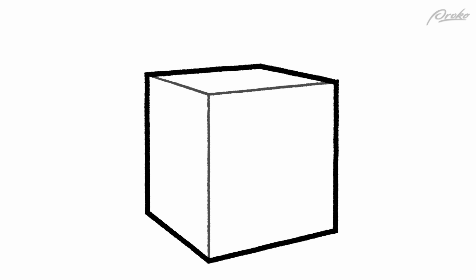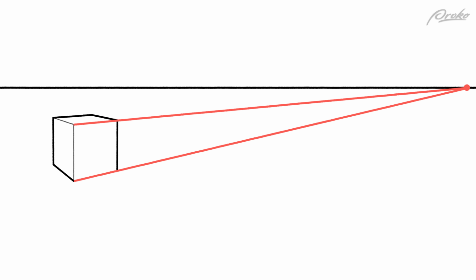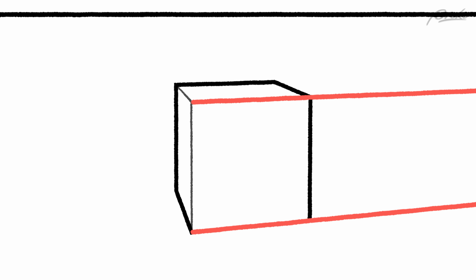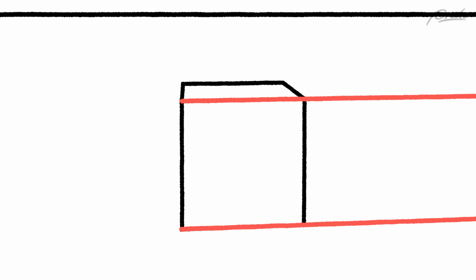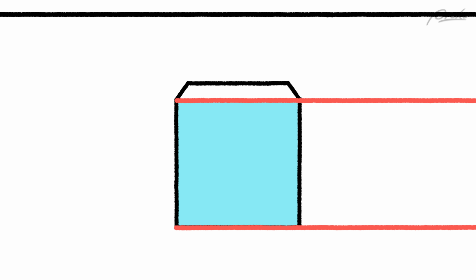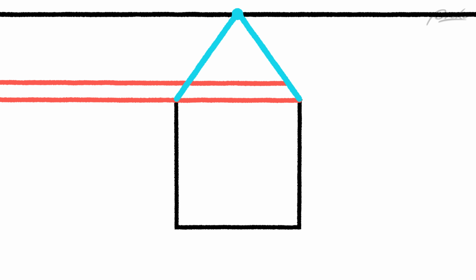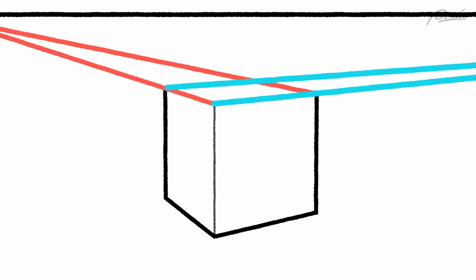As we rotate this box more and more, this vanishing point gets farther and farther away, and these edges become more and more horizontal, until eventually we reach the point where this plane faces directly at us, and the vanishing point is infinitely far away. The lines become parallel horizontally, and we're back at 1 point perspective. If we continue rotating it, that vanishing point jumps to the other side, and we repeat the whole thing again.